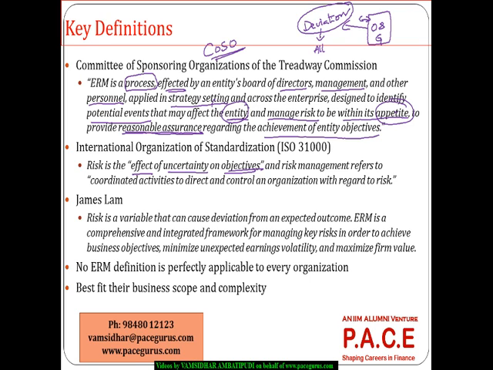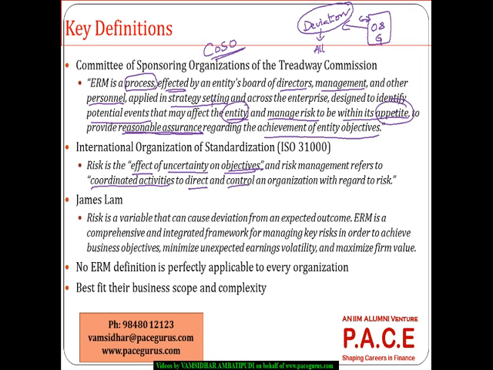And what we are saying is wherever we are not able to meet them, wherever there is a difficulty in meeting them, that is what we are bringing as a risk. And risk management refers to the coordinated activities to direct and control the organization with regard to that particular risk. So any uncertainty that is going to come up, how well I can address that uncertainty across the organization, a simple definition being provided by the